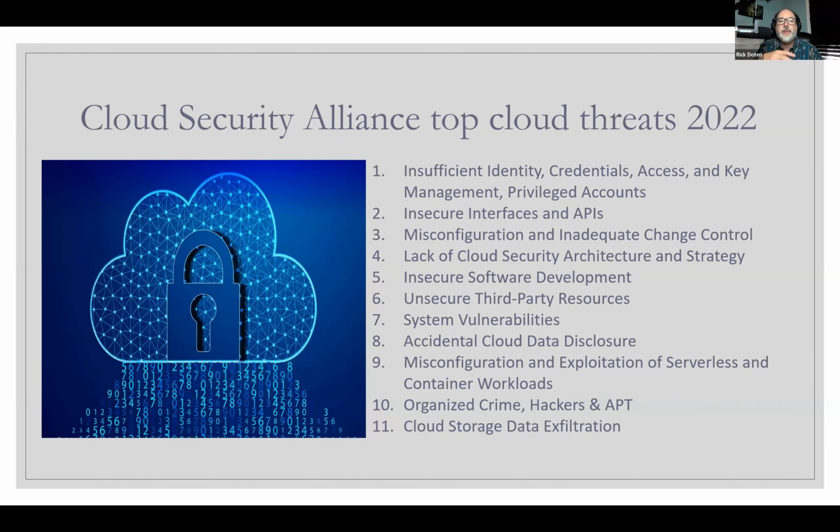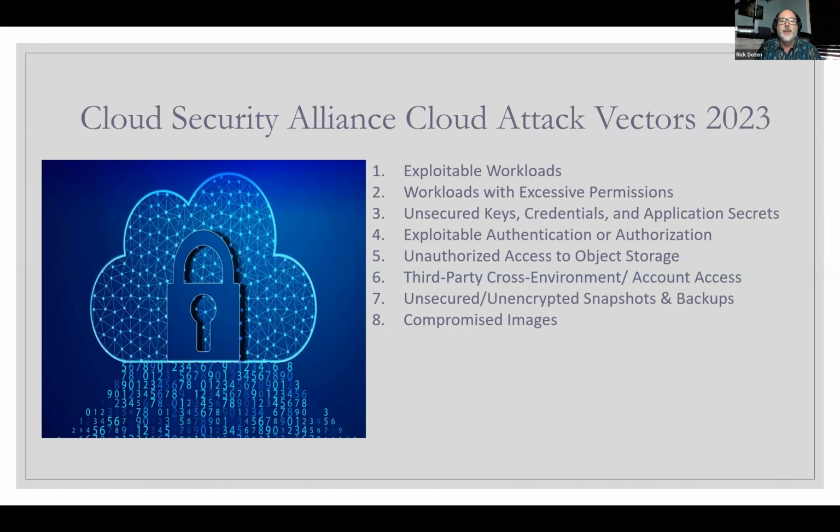And so those kinds of things, like the humans make things less secure that may be inherently secure. And then the final 10, like organized crime, these are more like threat vectors than anything else than the other ones. So then we talk about the attack vectors. And so this is now a year into it, as we start looking at, from when we put that list together, we look at like, what are we seeing?